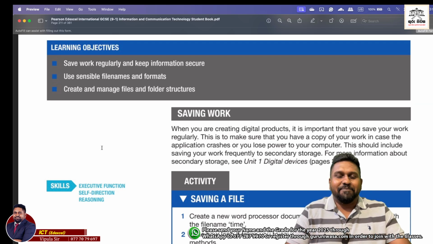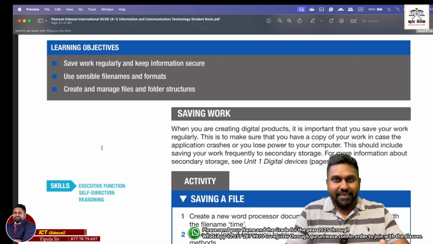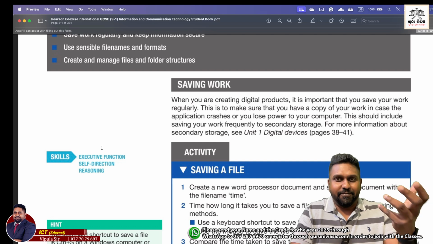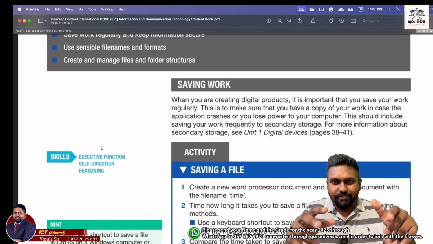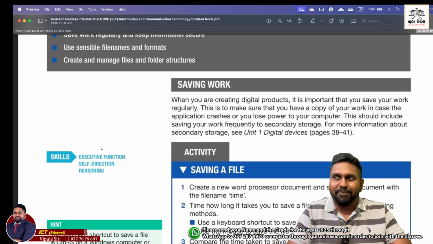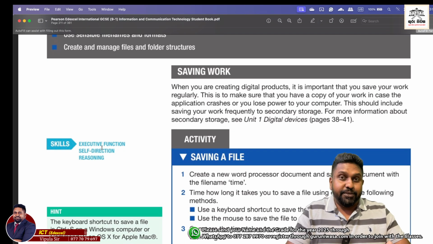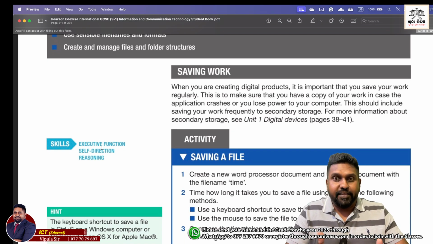Right? So saving work is something very important, right? If you're creating a digital product, it's extremely important that you save whatever work you do, and you have to do that on a regular basis, because you can't just do something, edit, and just let it be, right? So at the same time, this will make sure that if something happens, your file will not get damaged. Example is,